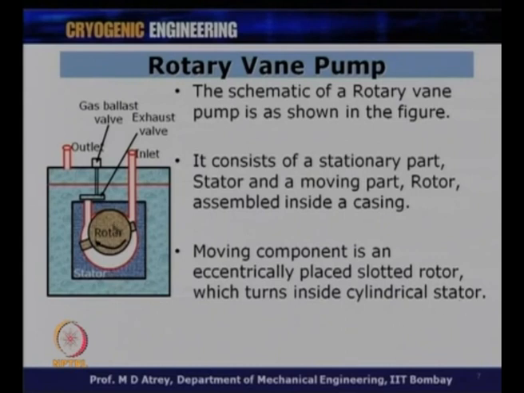So, why eccentricity? You can see that there is a sealing, some kind of seal contact between this rotor and stator. So, this is the inlet of the gas, this is the exit of the gas, and the gas cannot go directly from the inlet to the exit, it has to go through this way only, and therefore this is a kind of sealing. Therefore, you have to minimize the opening between the stator and the rotor. There should not be any gap left over here, and therefore this rotor is eccentrically placed